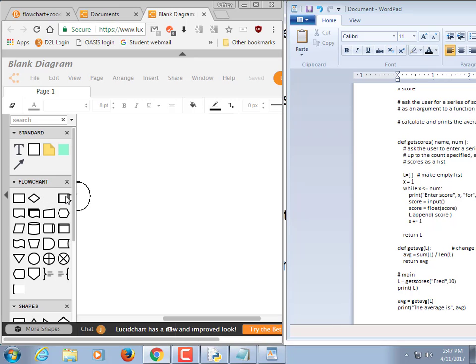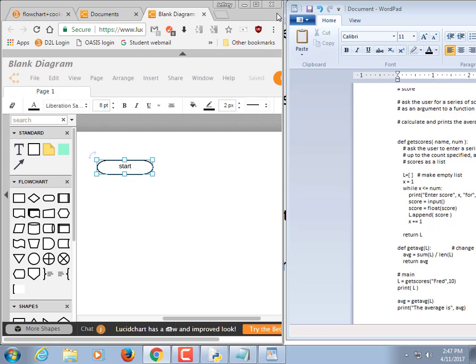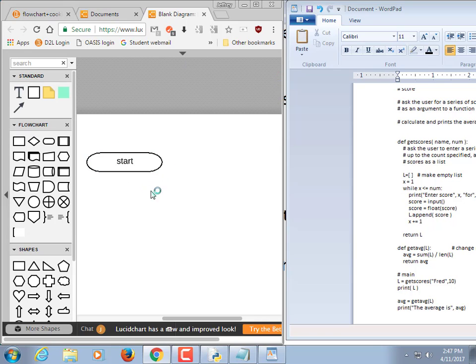All right, what do you start your code off with? A start. What's the first thing after our start? Well, we're doing getScores, print L, then we're doing average is equal, and then we're doing another print. So we're making a function call right off the bat. Which of these blocks is a function call? Yep, the barred rectangle. So L is equal to getScores